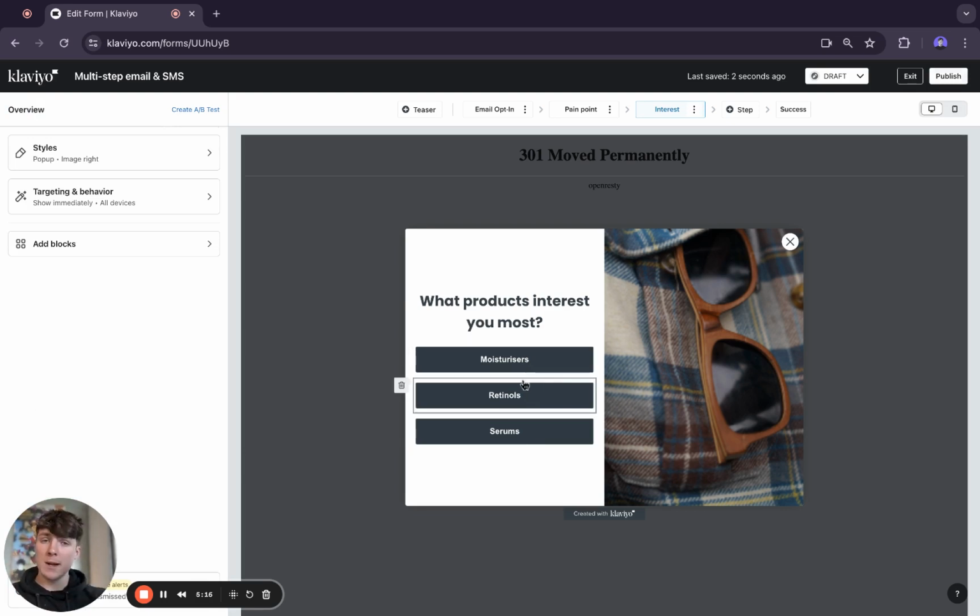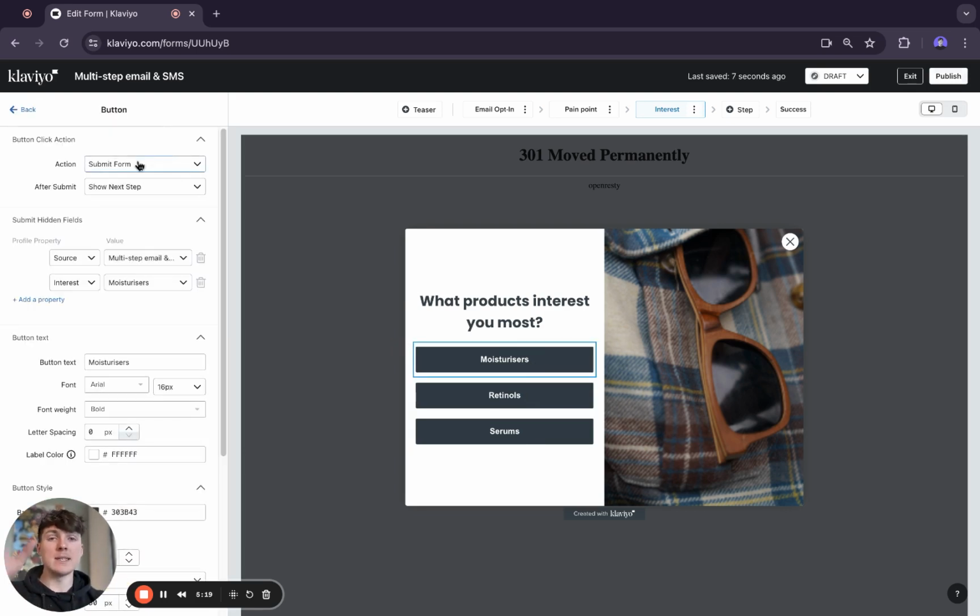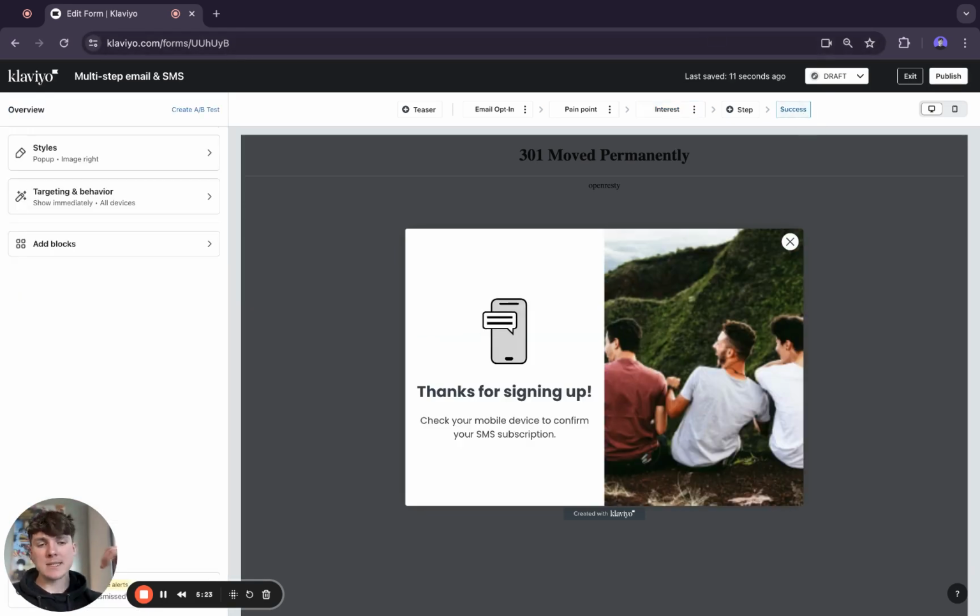Now, again, when someone clicks on this button, we're going to want to make sure that it's submit form, show next step, at which point they then land on the success page. Now, best practice with your pop-up form is to offer the discount in the pop-up form. Reason being, we don't want to have to force someone off the website, go into their inbox, find the discount code, and then click back on the email, go back onto the website. It just adds far too many hoops, far too many friction points, which massively increases the chances of you losing